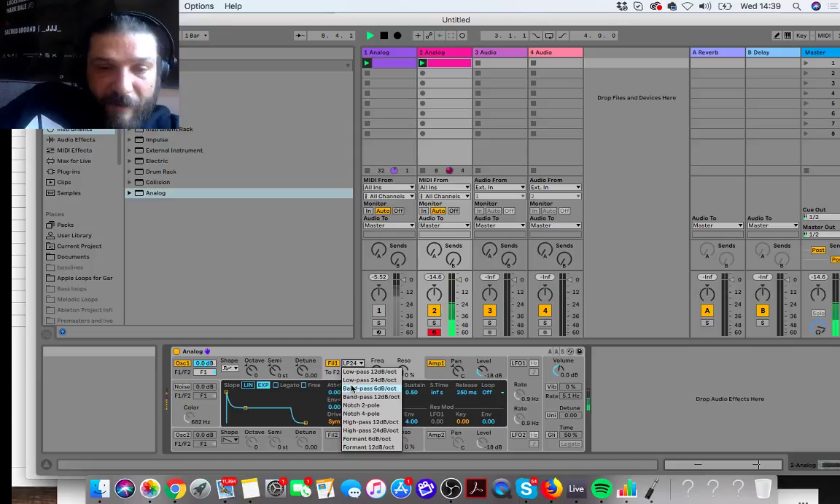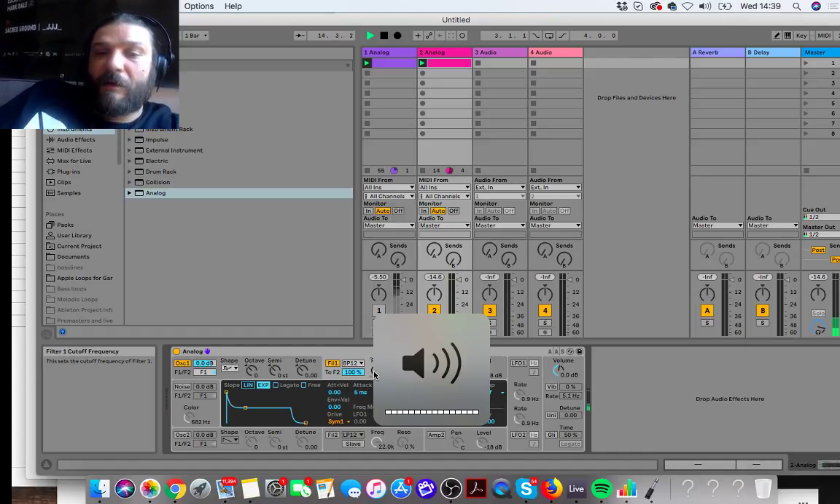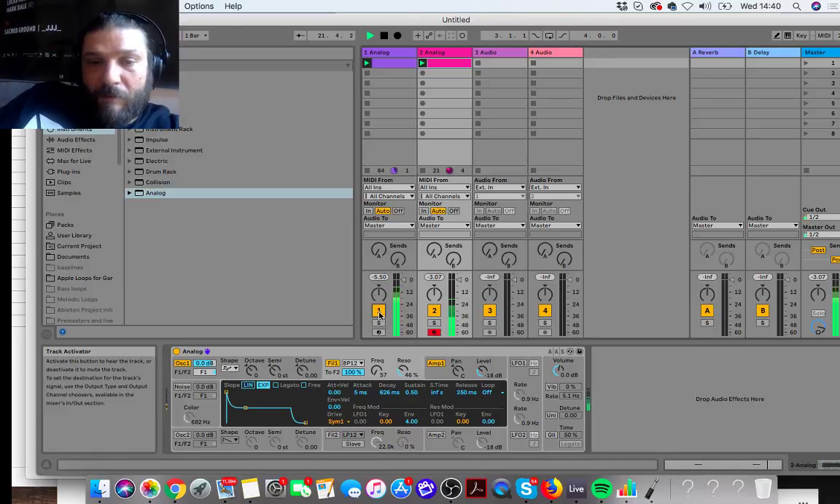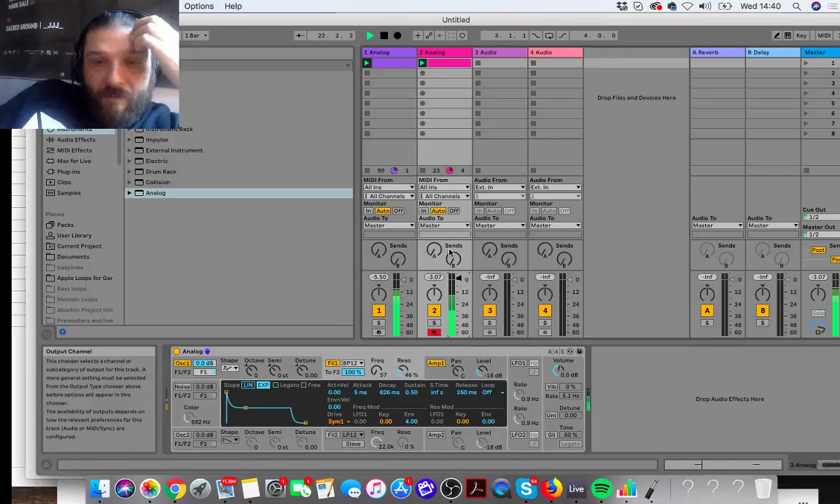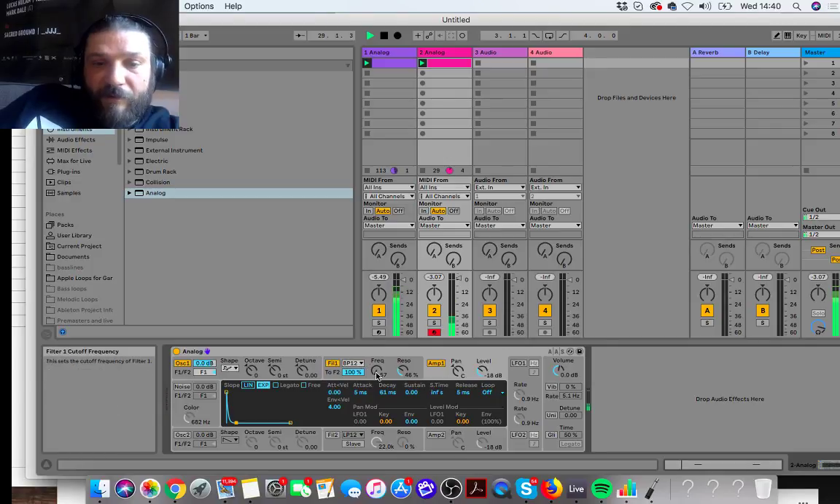Maybe a bandpass filter and a little bit of resonance here. Okay, that sounds a little bit like a side stick then. And then we have, so you get a nice artificial snare. I could use another filter setting